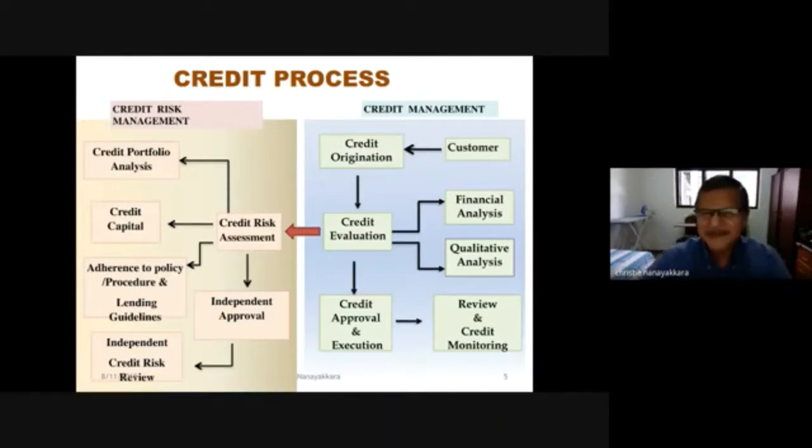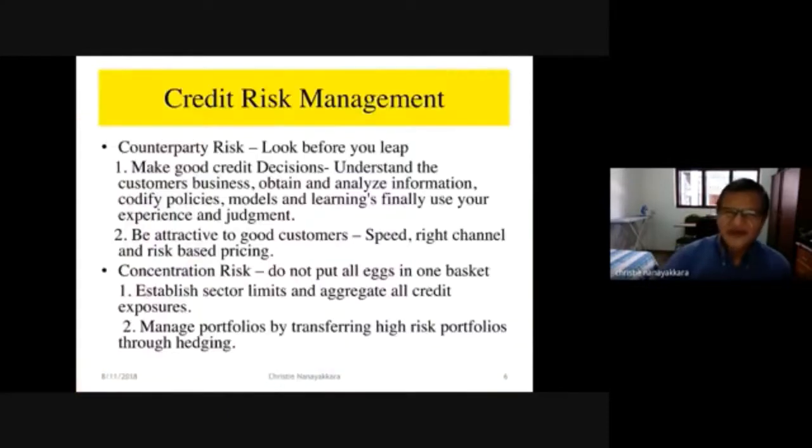Both are managing credit risk. So if you understand the process well, managing credit risk is very easy, because if you follow the process and the system, there will be less default. And when there's less default, you will have less credit risk. So I'm moving on to now